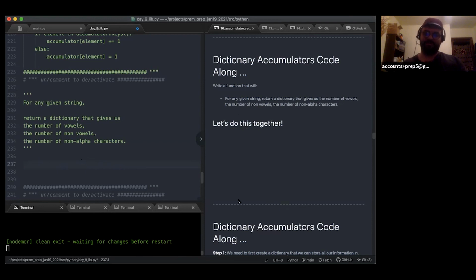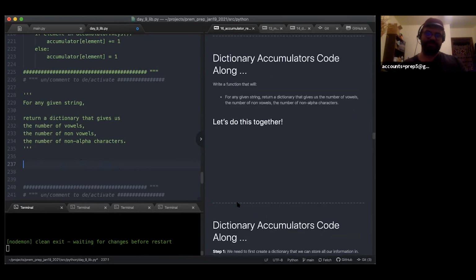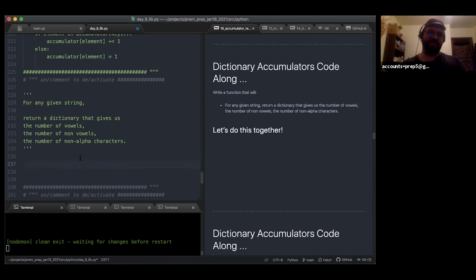All right, so this has this all laid out, but I'm just going to do this my own way. So we want to have a function. Let's see, what does this do? Let's just call it string or text analyzer. So def text